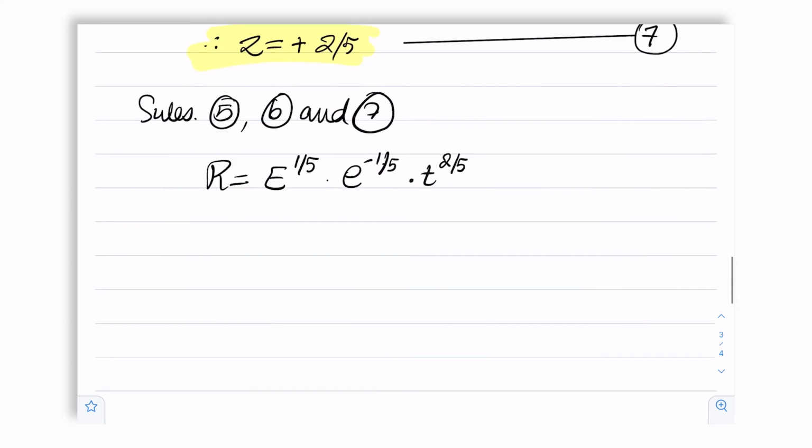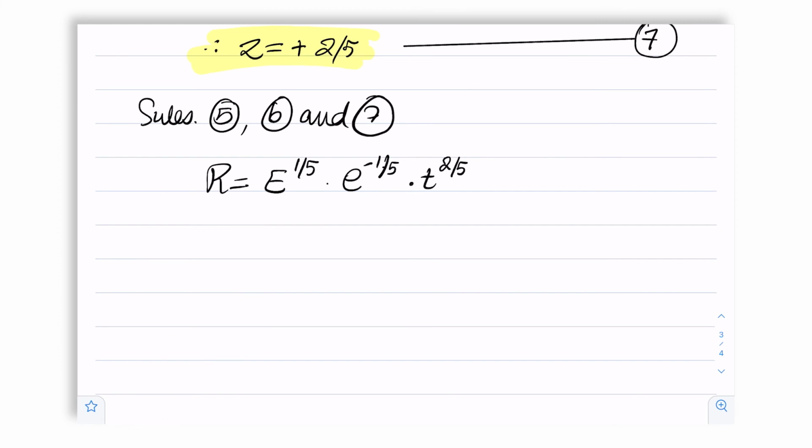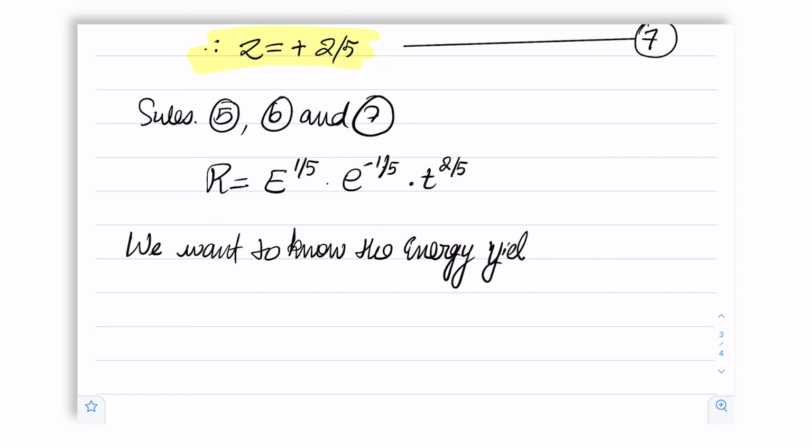This means that we can now get R in terms of E, rho, t, rearranging, because remember, we want to know the energy yield, the secret of the United States at the time in 1945,